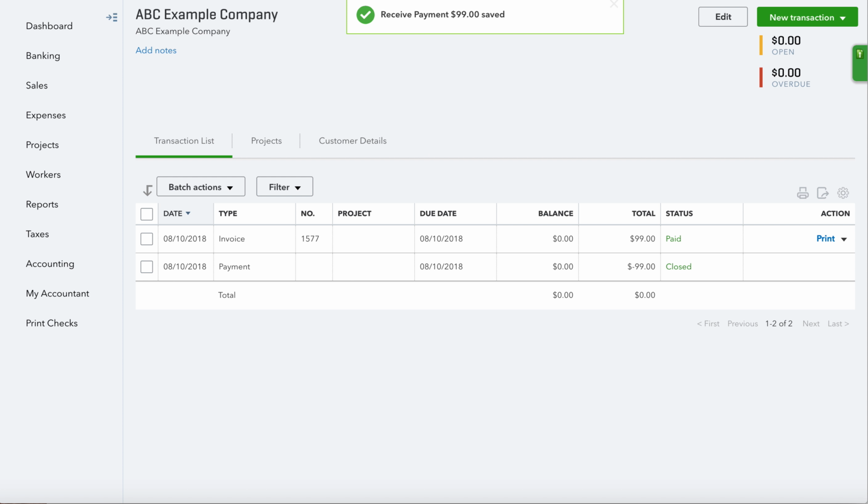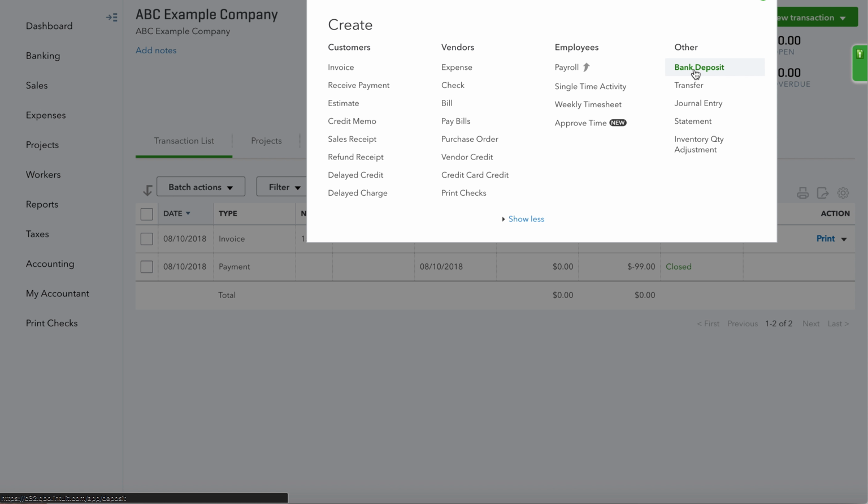Now we want to go up to the Quick Connect button, which is the circle with the cross in it up on the top. Bank deposit is not the same as receiving payment to the invoice. So when we create the invoice, we receive payment to the invoice, and we say, okay, we know that we received money on this, but we are not depositing the money in the bank account yet. We're not tying in that deposit yet. So receiving payment, when you go to undeposited funds, is not putting it into the bank account yet.